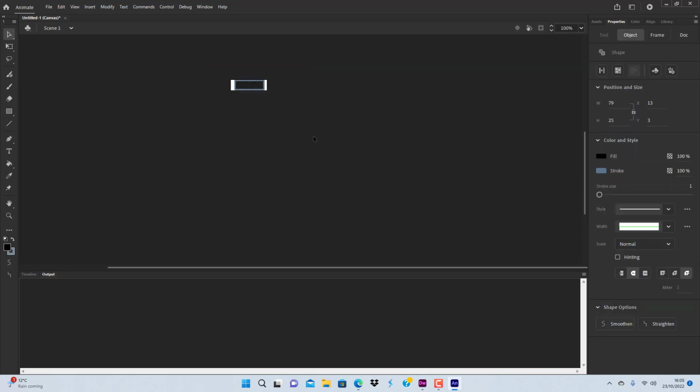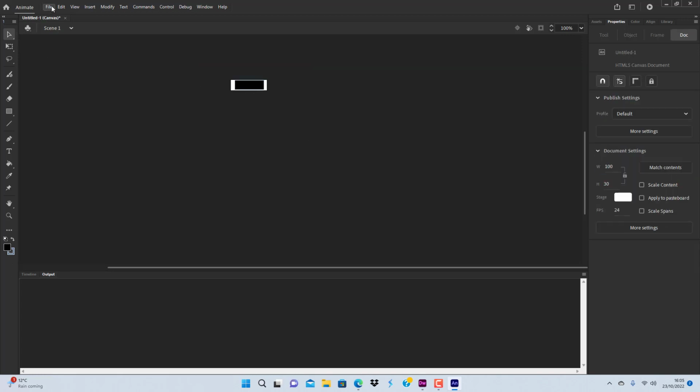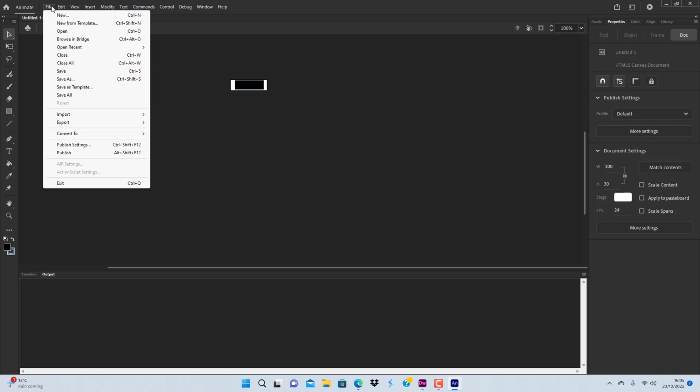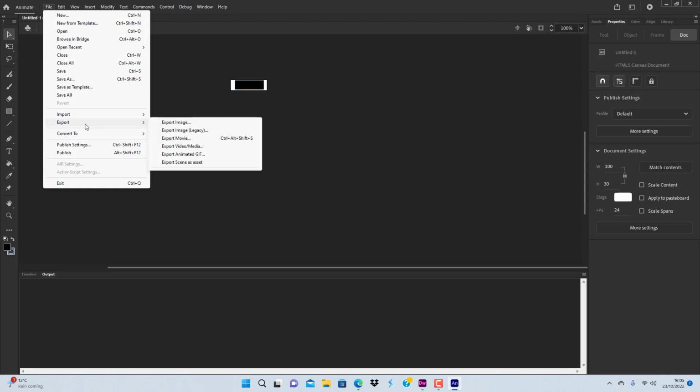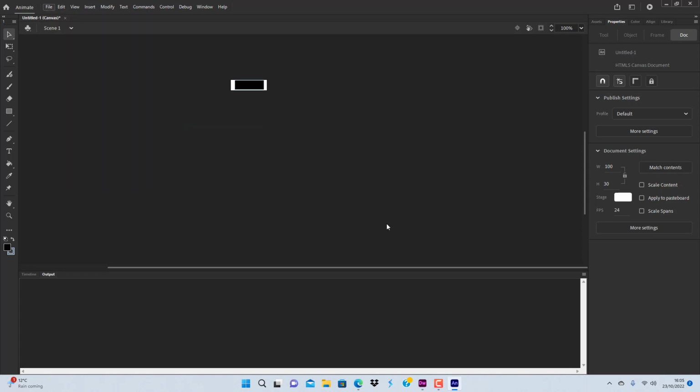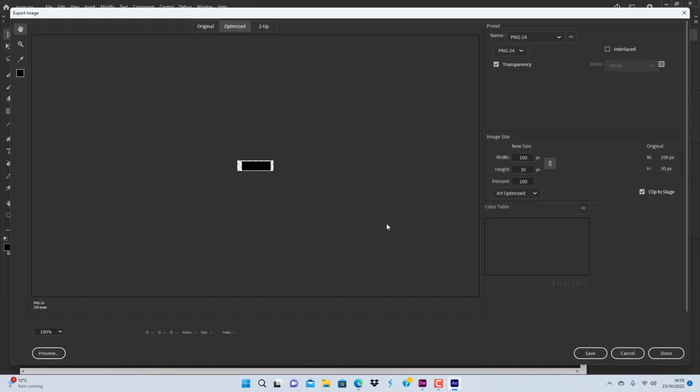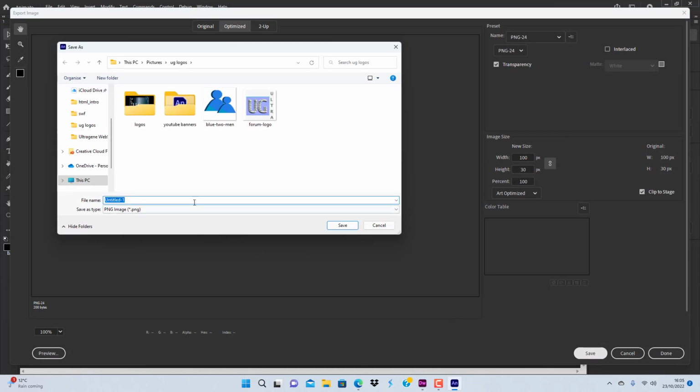And to export this piece, you would go to File. This is Animate I'm using. Like I say, I use Animate to make my graphics for the web. Export image. And it's on PNG 24, transparency ticked. You just go up to name, pick PNG 24, then just go save,